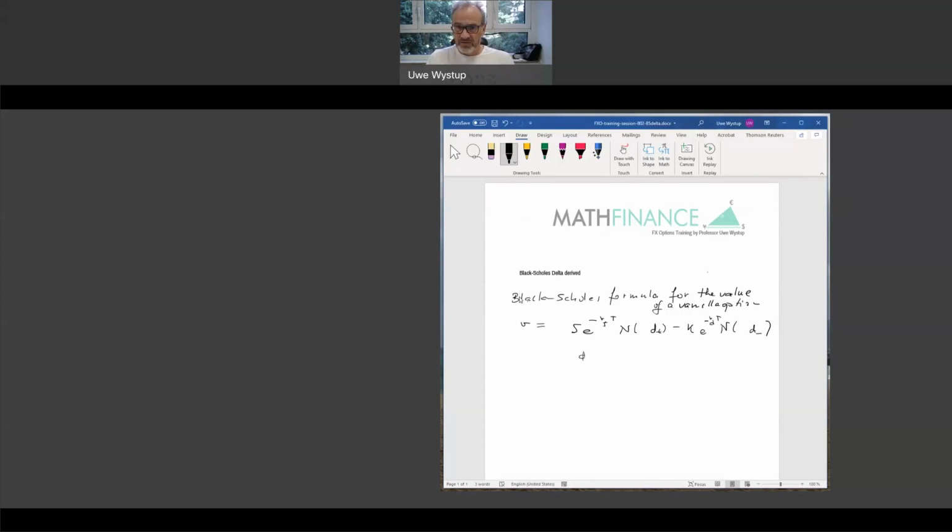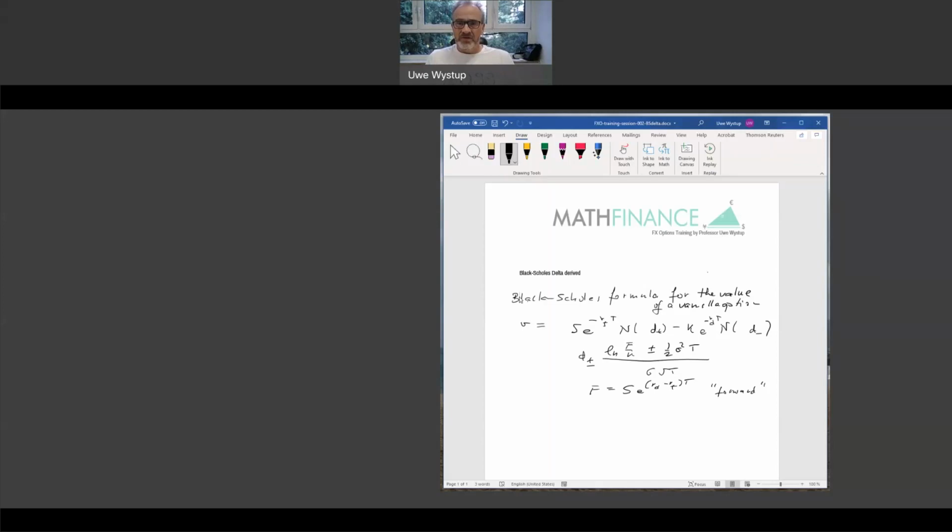So the auxiliary quantities D plus and D minus are, as usual, log of forward over strike plus or minus 1/2 sigma squared T over sigma square root T. F is the forward rate, so spot times e to the (r_d minus r_f) T. That's the forward rate. Right, the rest is clear, right? We've got N, cumulative normal, spot is S, K is strike,